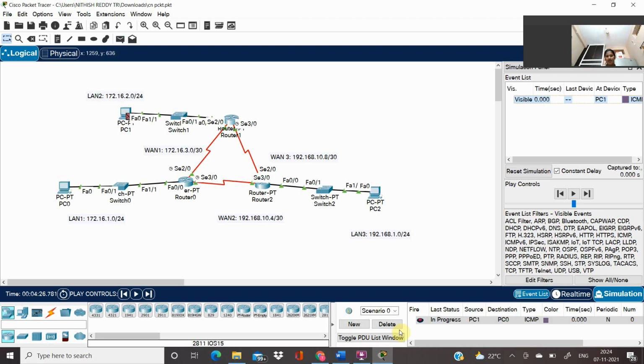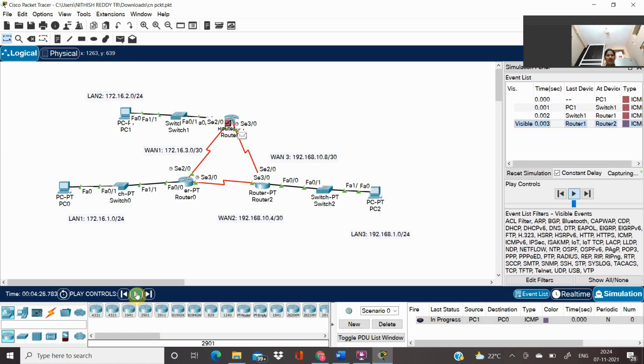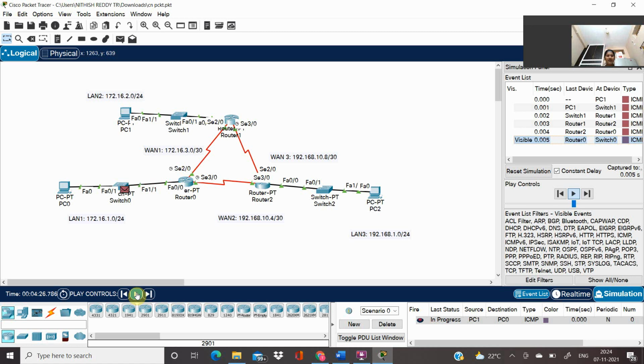Yeah, let me ping from PC1 to switch 1 and from switch 1 to router 1 and from router 1 to router 2 and from router 2 to router 0 and from router 0 to switch 0 and from switch 0 to PC0